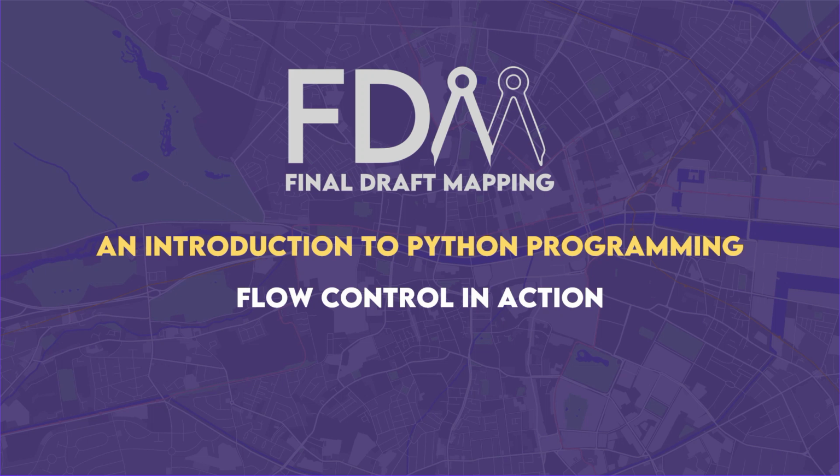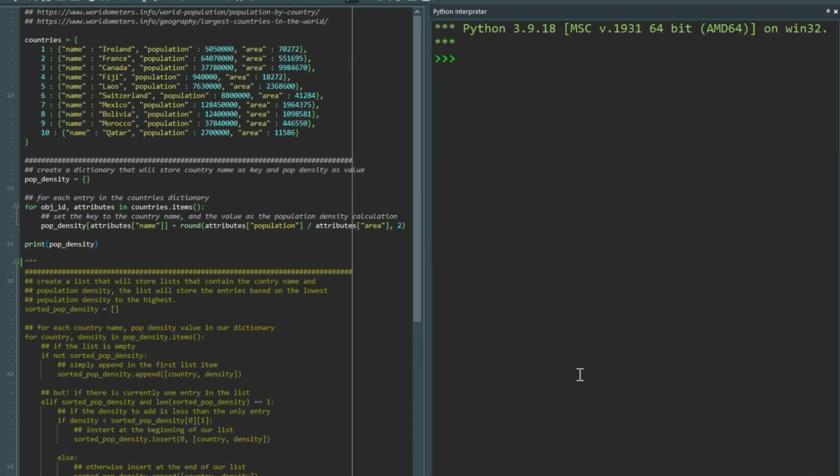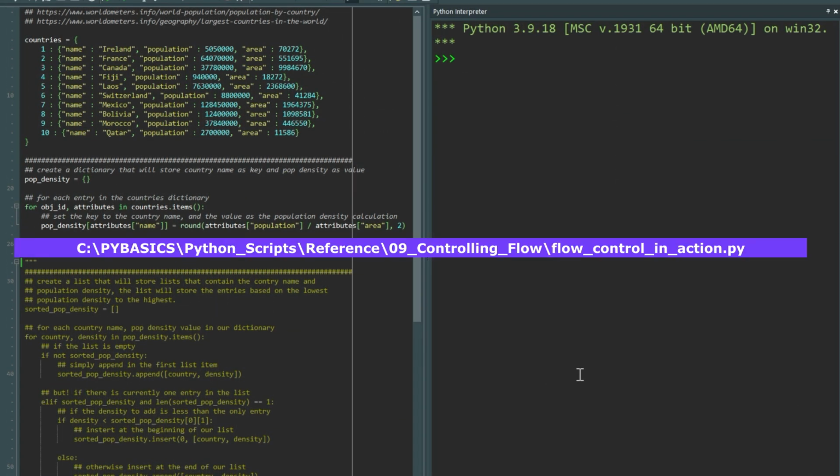In this video, we will take a look at flow control in action, where we will process some data and print the results. Let's head over to PyScripter. I want you to open up flow control in action.py from the controlling flow folder in the reference folder in